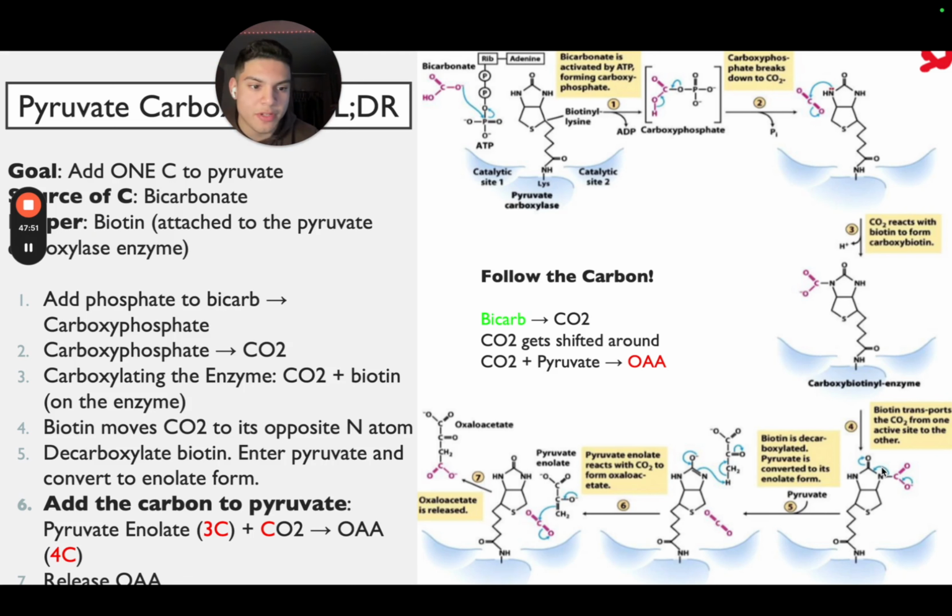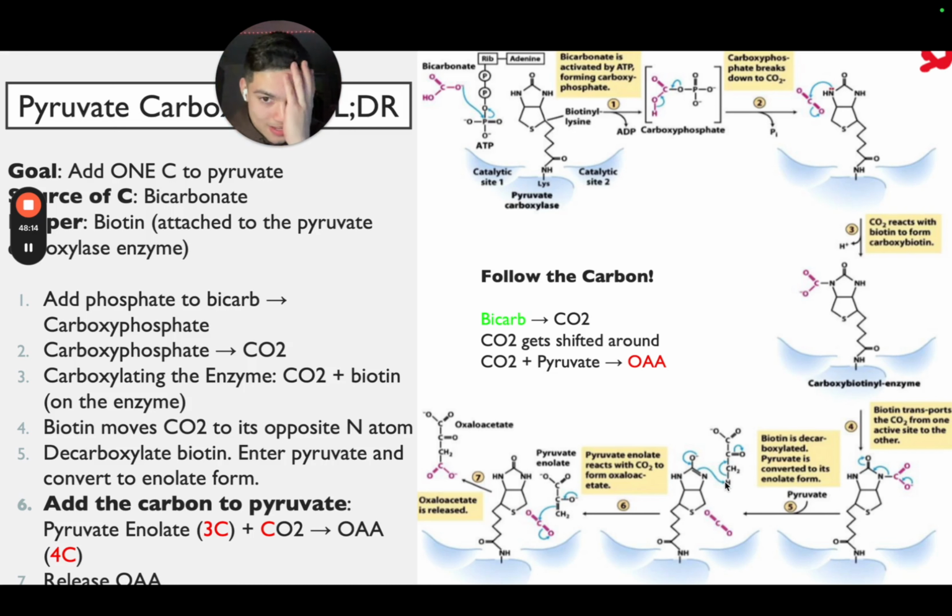So you can see right here with this arrow pushing that we now have this enamine or something like that. I can't remember the formal name. But the point is that our negative charge is on the oxygen, and it's going to kick back, and instead of interacting with the carbon dioxide, because if it did, it would just go backwards, instead of doing that, it's going to attack